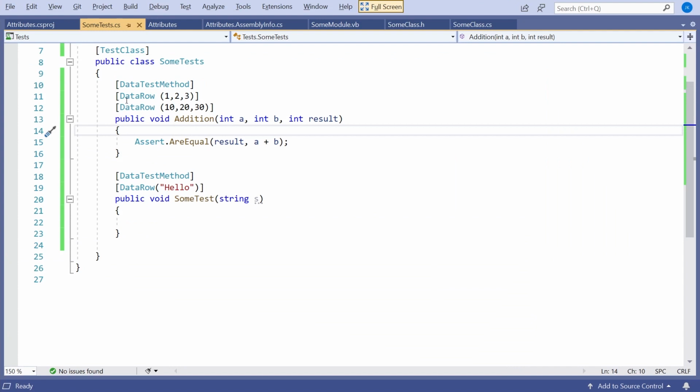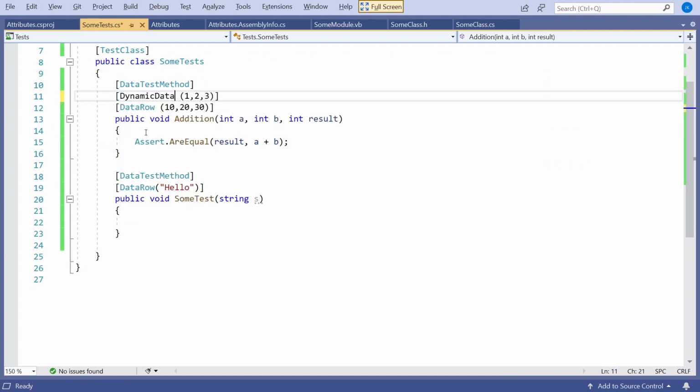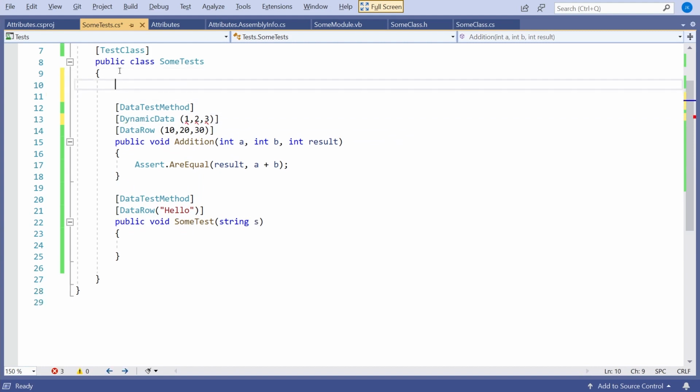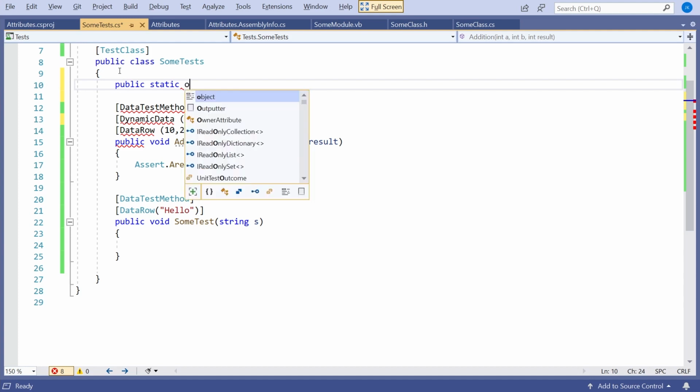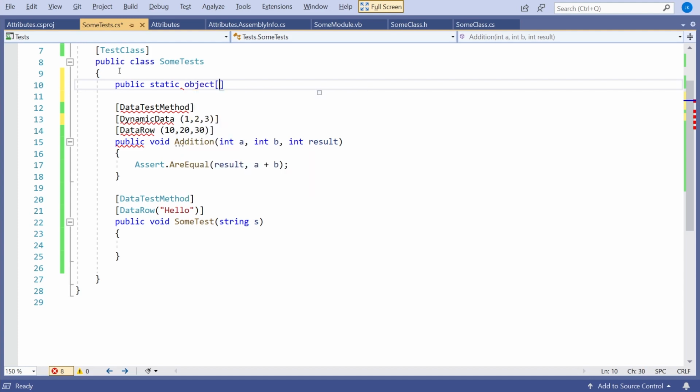So what we can actually do is say we want dynamic data, and then somewhere else in the class we specify that data. It's a bit fiddly in terms of types, but what we have to do is declare public static, and then make this an array of objects.